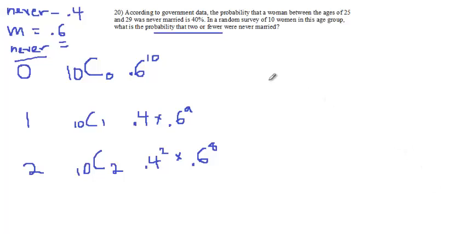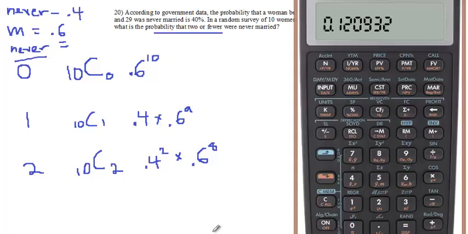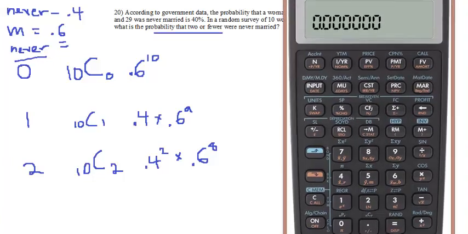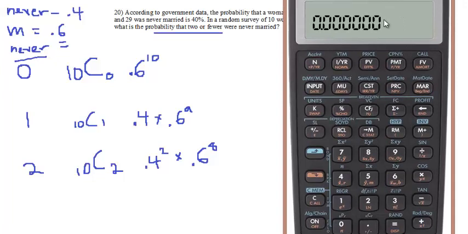So for the first one, let's use a calculator. I'll put this calculator up here. Okay, all right. Now, for the first one, 10C0 is nothing. We're just going to leave that. You don't have to do any functions because you're not multiplying anything. So we'll do 0.6 to the 10th power. We'll use the power function, which is shift and y to the x. You don't have to know how to use this kind of calculator, but I'm doing that to the 10th power. And that gets you